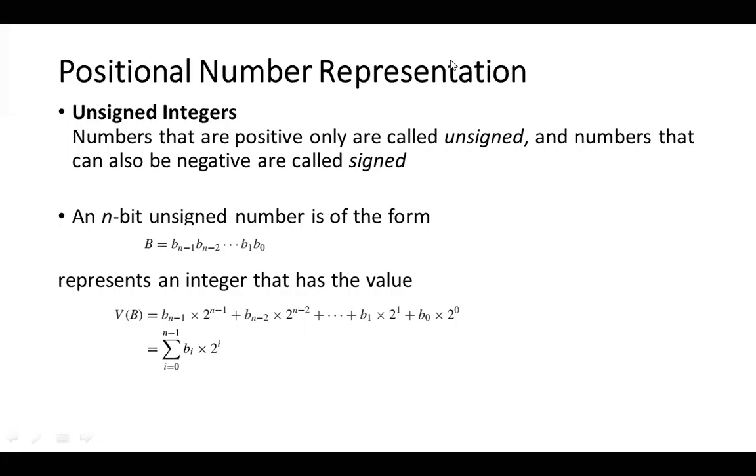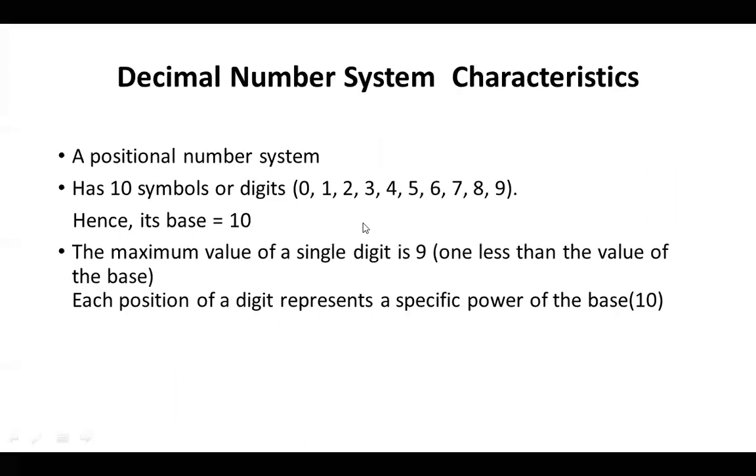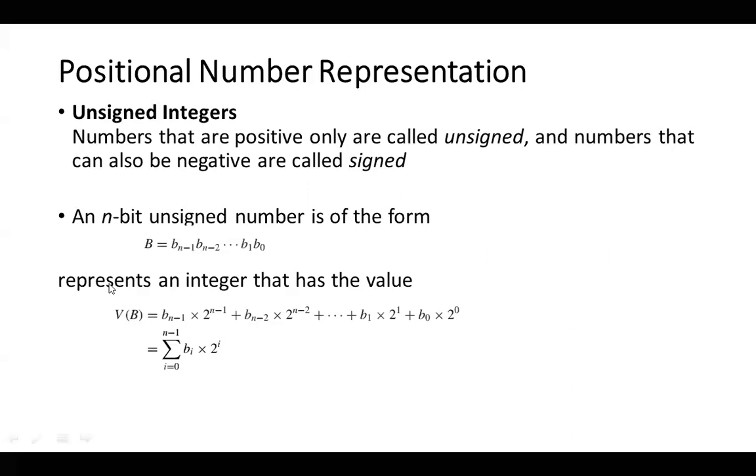Now the next positional number system we have is the decimal system. So this is a standard positional system. 2 to the power represents a binary number. If it is decimal, what will be the position? Instead of 2, we will write it as 10. And if it is hexadecimal, you will write it as 16. If it is octal, you will write it as 8. That represents the positional value.